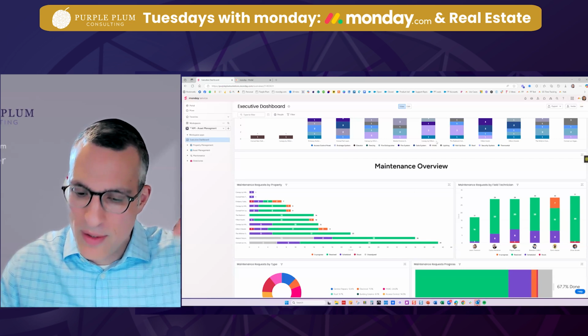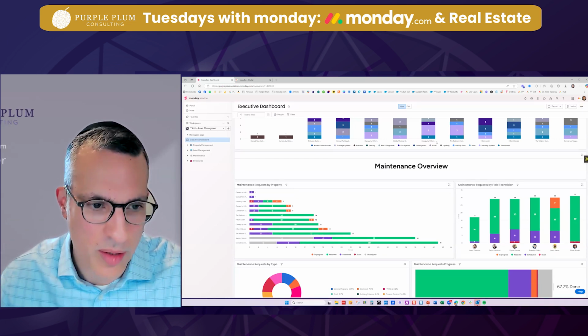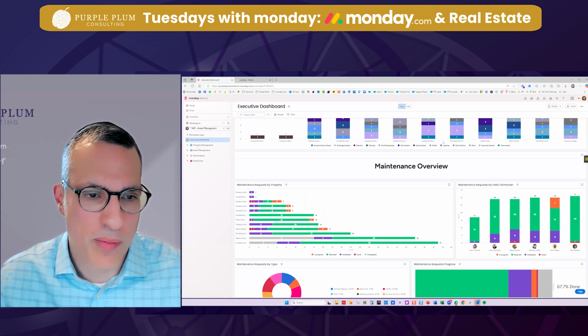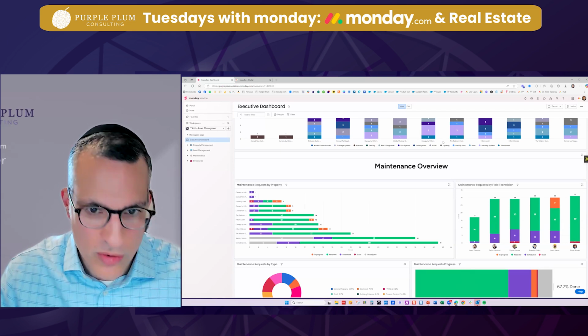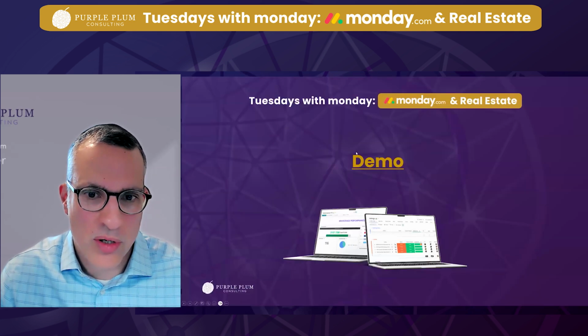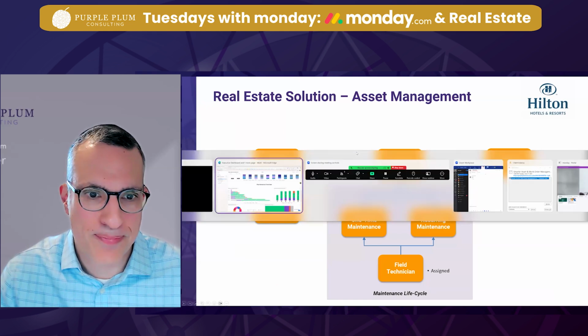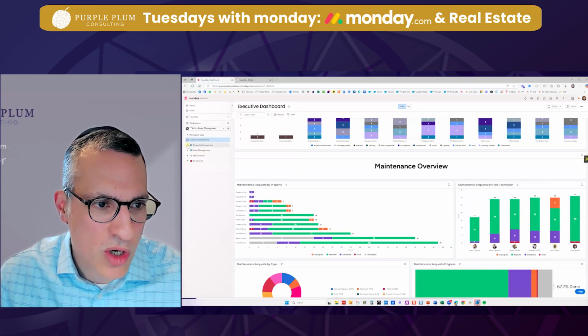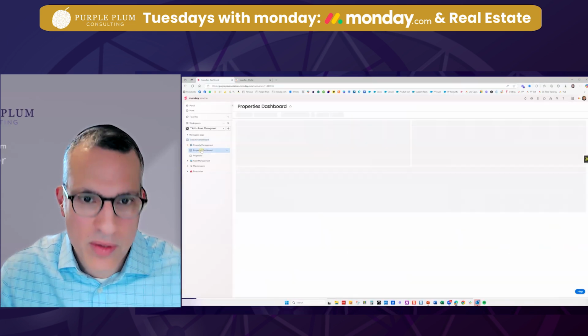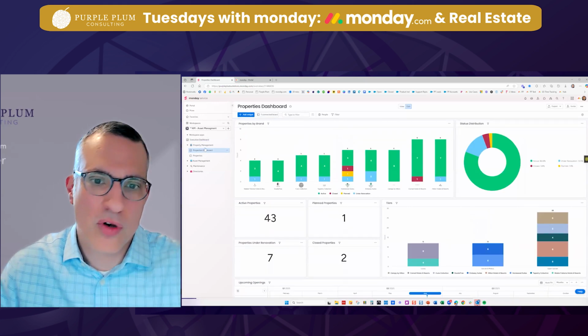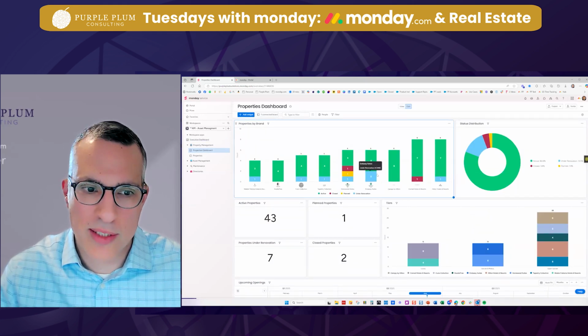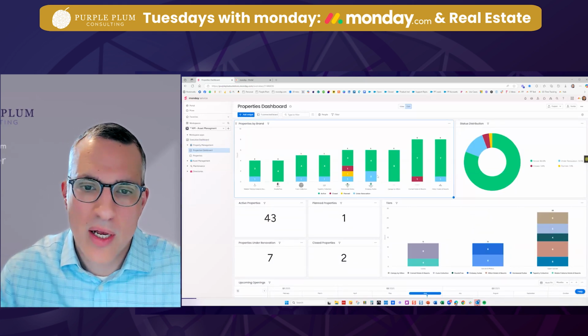Okay, so we've done the top down, let's look at the bottom up and how we assemble all the moving parts, coming back to that diagram that I shared before. So let's talk about property. Again, we can now take it down a level. I'm focused on all my properties. I see a similar breakdown, but with a lot more detail here.